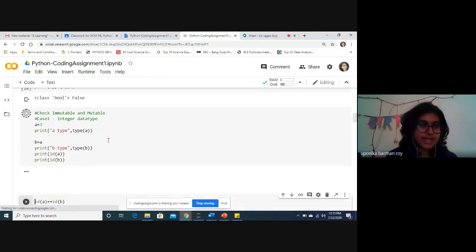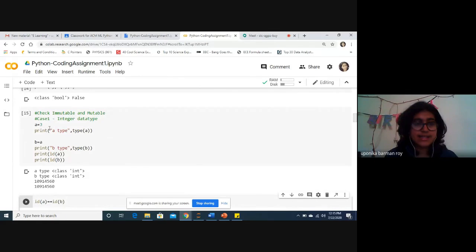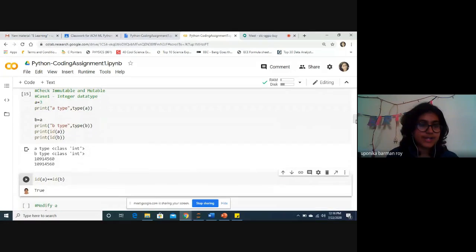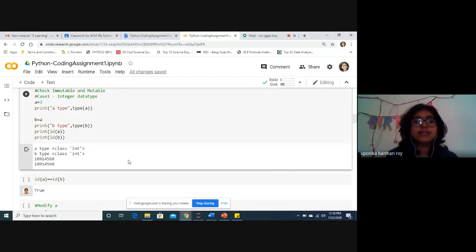I'll run this. A is taking 3 and it is an integer. B is taking A, which means B is supposed to be also an integer. So B is also coming as an integer because B is taking the value of A, which is an integer.